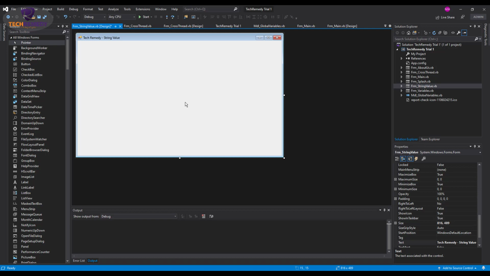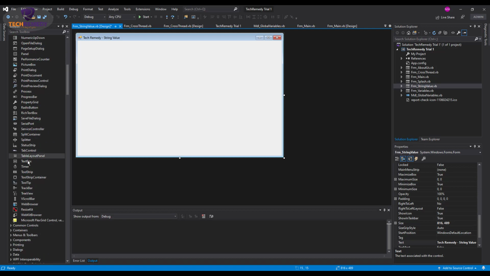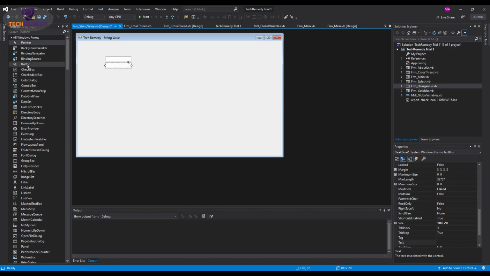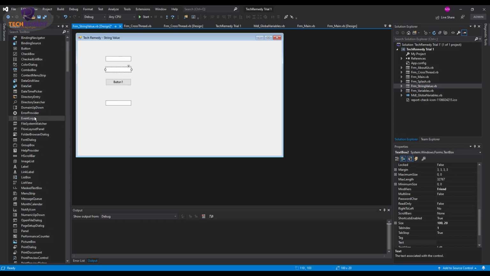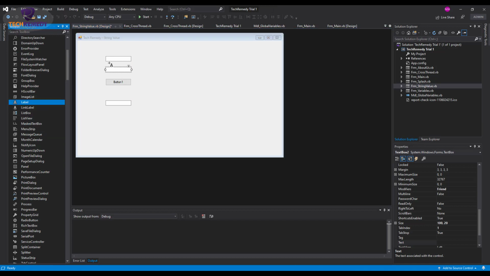Today we'll talk about strings and how to get values out of them. Let's say that we have two text boxes and a button and another text box to show the mathematical result of those two text boxes. Let's put a label in between